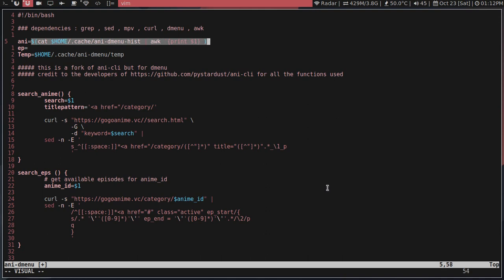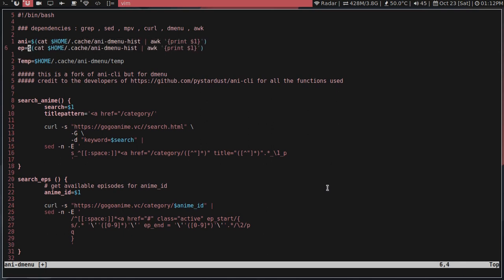And what we're going to do is we're going to yank this and paste this in here, so that the second sector is going to be the